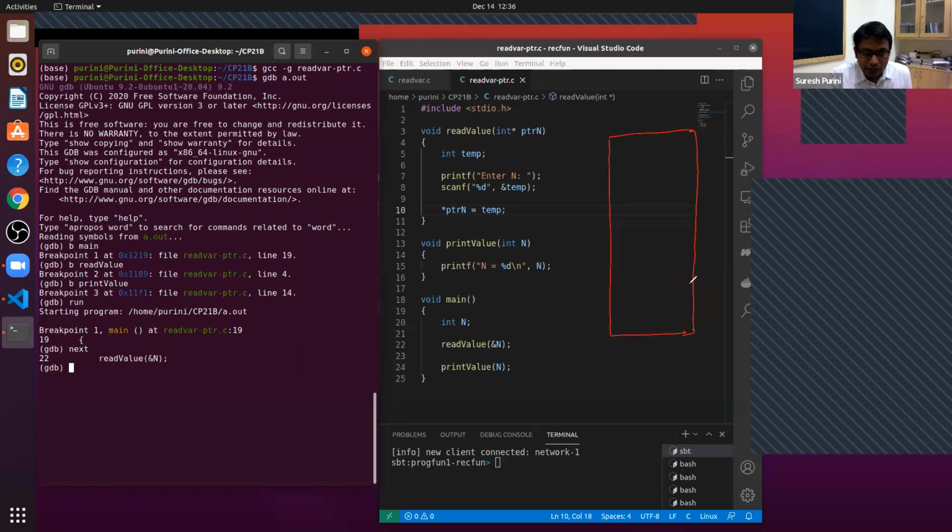Now let's see where we are. We are in function main. So we are printing the address of variable n.